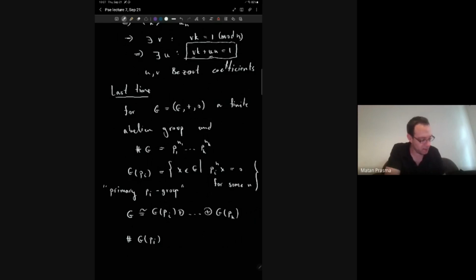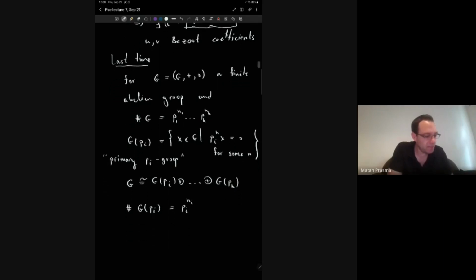So the order of G_pi is some power of p_i, and since we have this isomorphism, we actually get that the order must be p_i to the n_i. Right? It cannot be otherwise, because the isomorphism implies that the two sides have the same order, and the order of the right hand side is the product of all orders. So this is where we left off, and